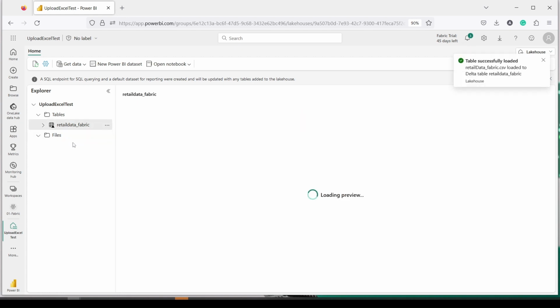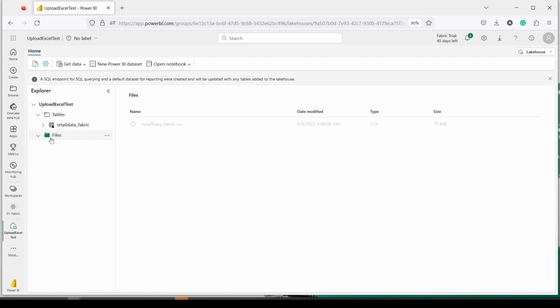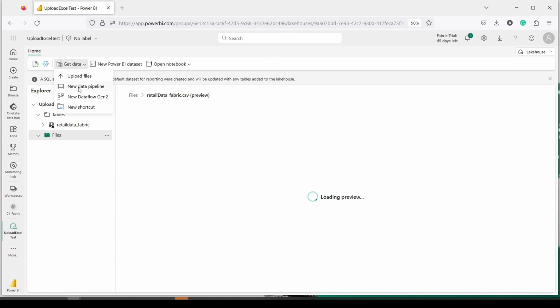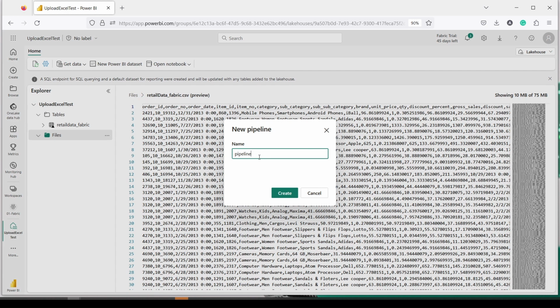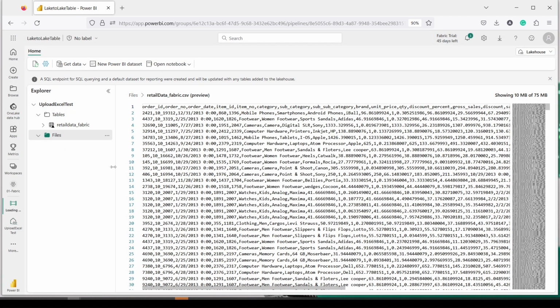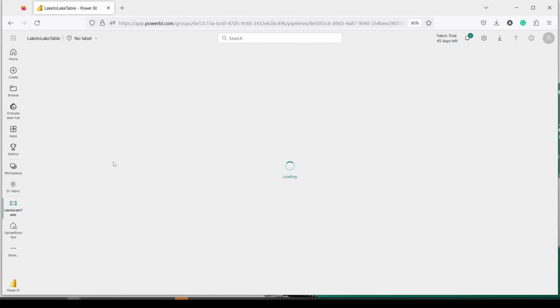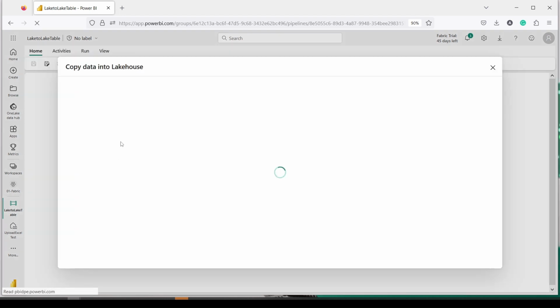Now once this file is here, another way I can use is to create a pipeline, and using that pipeline I can convert this into a table also. So for that, what you have to do is say Get data and click on Pipeline. A new pipeline will open, and let's call it lake to lake table, and I say create. I need to do the copy command. So once this menu option opens up,